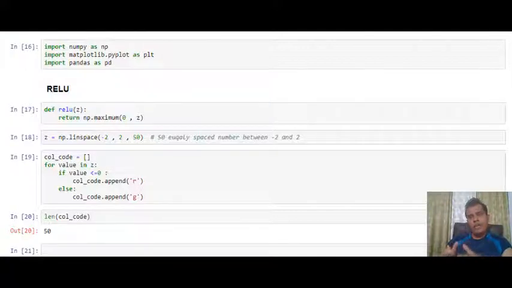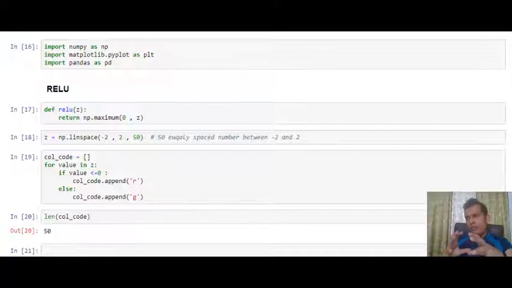So this is the third knowledge video in the series of neural network videos. In the first video, we saw the introduction to the neural network. In the second knowledge video, I discussed the activation function and especially the ReLU activation function. This knowledge video is in continuation to the second one, and in this video, we will draw the various activation functions, not only the ReLU function but also the softplus function, leaky ReLU, TANH and the sigmoid.